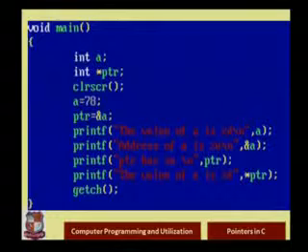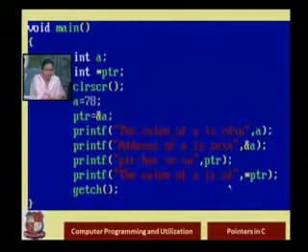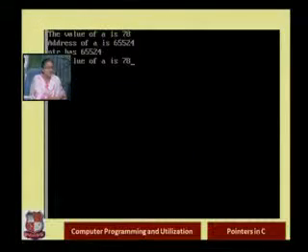This is a small code where I have added these two points. The value of A, I can show as A. The address of A I can show as ampersand A, or I can use PTR because PTR was assigned ampersand A. Now I want to access the value of A, that is 78, using PTR. How will I do it? "The value of A is %d" because it is integer type, comma, star PTR. When I write star PTR, it will show me 78. If I write only PTR, it will show me the memory address of variable A, right?